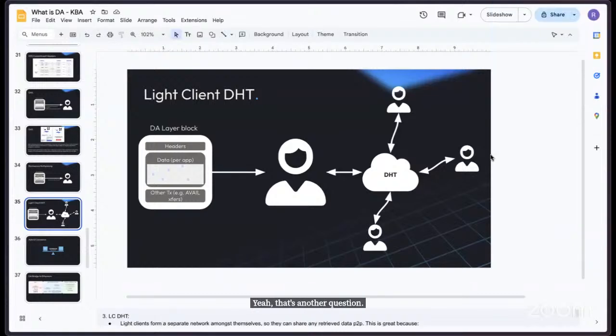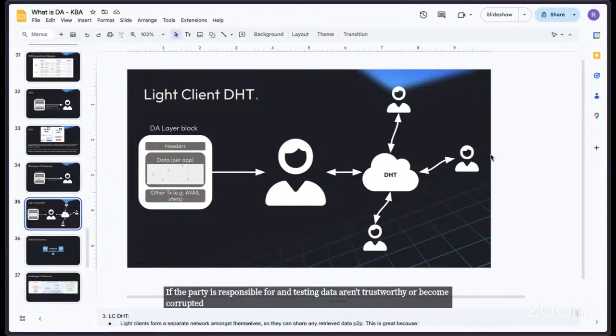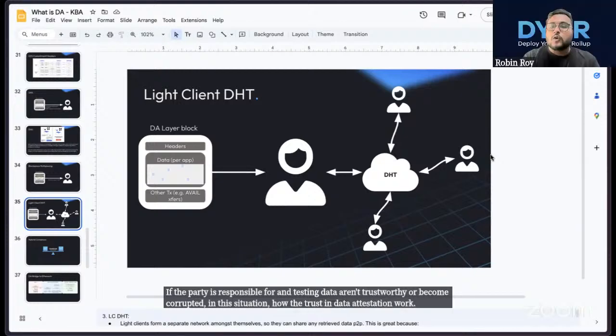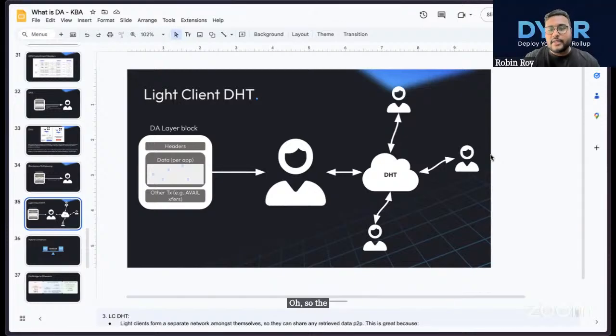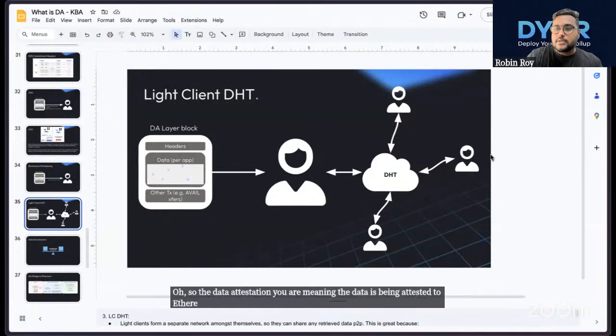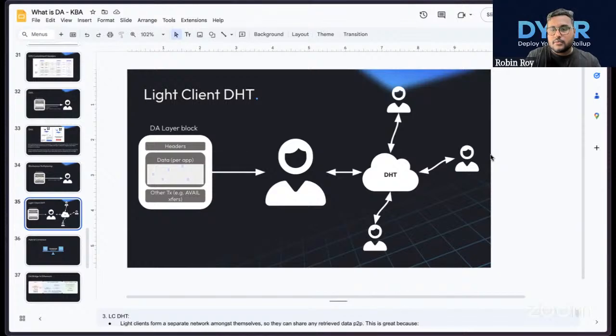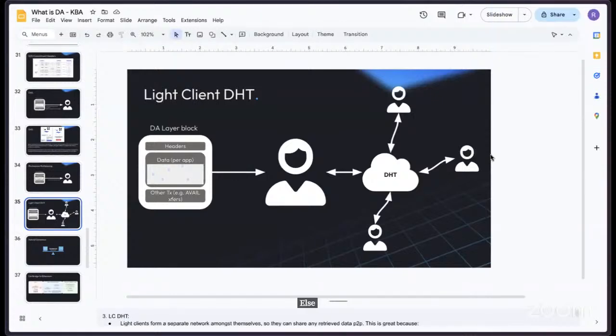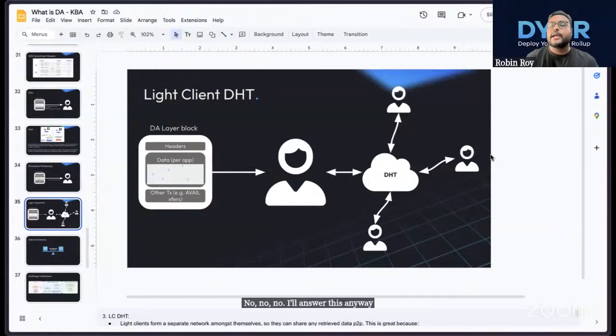That's another question. If the parties responsible for attesting data are untrustworthy or become corrupted, in this situation, how does the trust in data attestation work? Oh, so for the data attestation, you mean the data is being attested to Ethereum, is that right, Manish? Else we can take up another question. No, I'll answer this anyway. Based on my assumption that you're talking about the data being attested to Ethereum, no external party is attesting it, right? What is essentially happening here is